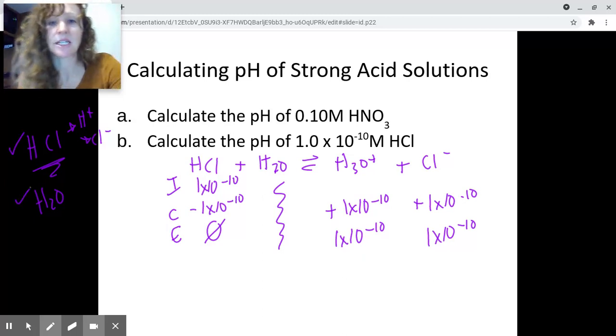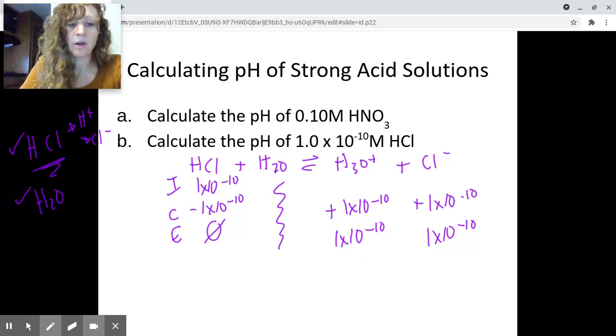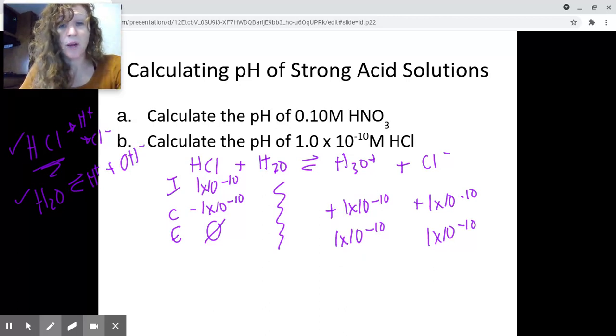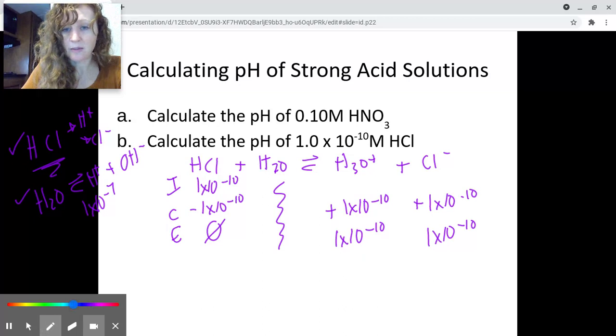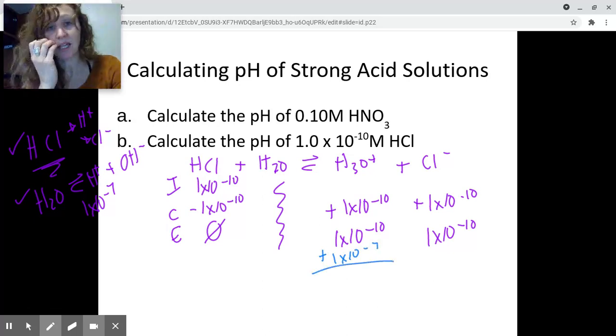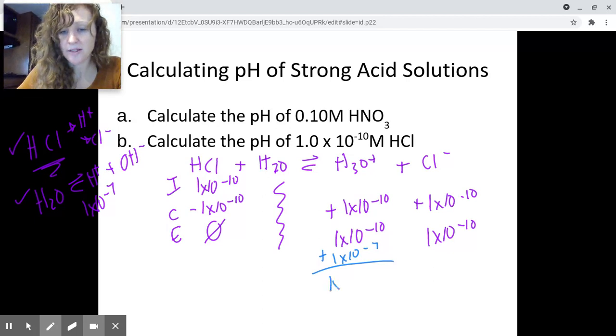Do I have any other significant sources of hydrogen? So remember, water self-ionizes into hydrogen and hydroxide. When it does this by itself, it's going to produce 1 times 10 to the negative 7th. So is that a significant source? If I add the amount I get from hydrochloric acid plus the amount that I get from water,